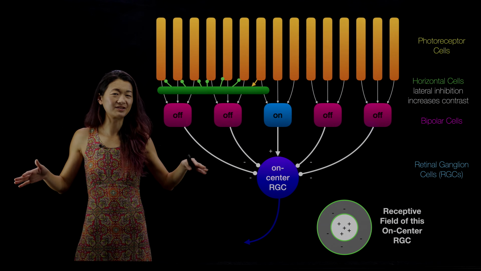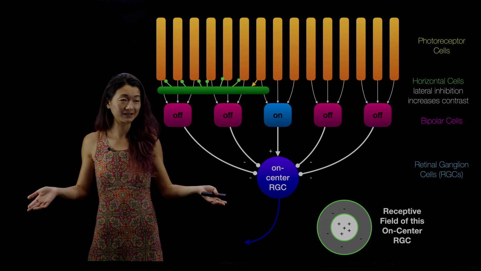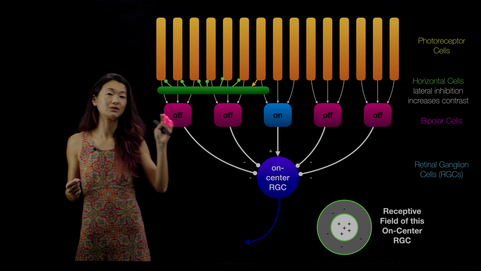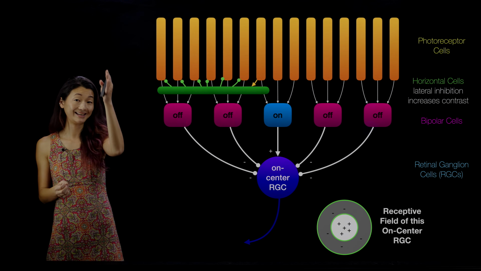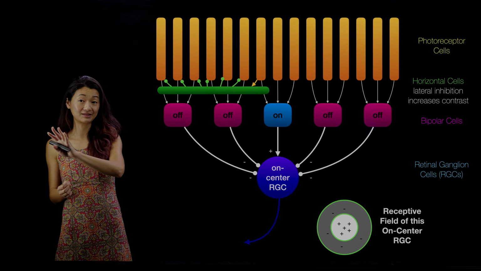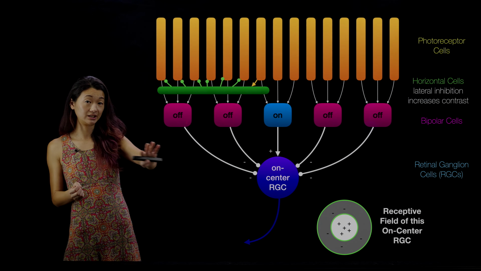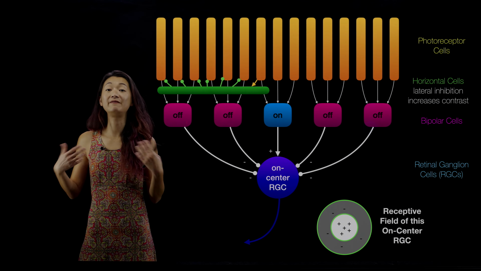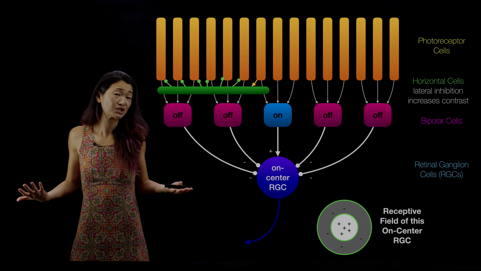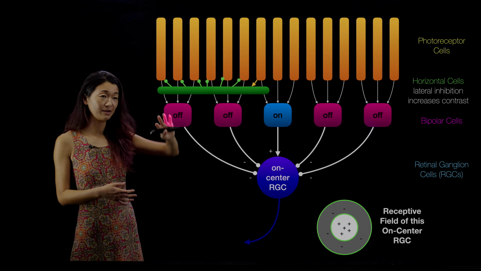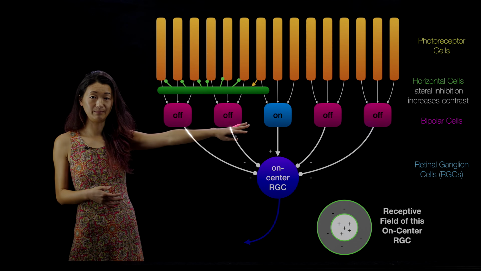Again, this seems kind of silly. Why would you do this? The net effect is that it increases contrast. It makes it so that you're more sensitive to looking at edges and less sensitive when things are changing continuously or not changing at all. This is also a common feature of basically every sensory system. So you'll see this type of horizontal cell and lateral inhibition,